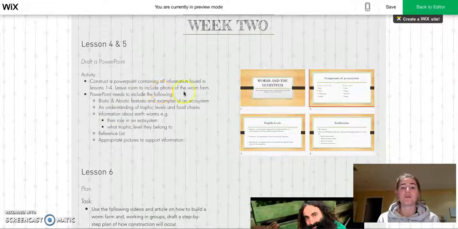So you need to include all the information we learned in lessons 1, 2, and 3, and you're going to put it into a PowerPoint presentation. For an example, a few slides here. I've also included a list of the things that you need to include in your PowerPoint